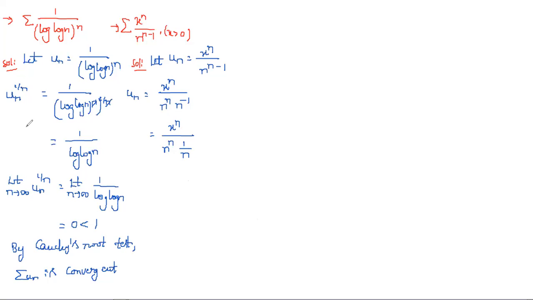Now this n goes to the numerator, and it changes to n x power n by n power n. If you observe this, here we have a power n by b power n, so we can write this as n into x by n whole power n. We just modified the given series, and now you can apply the test. Here we have the limit as n tends to infinity of un power 1 by n. So this is equal to the limit as n tends to infinity.